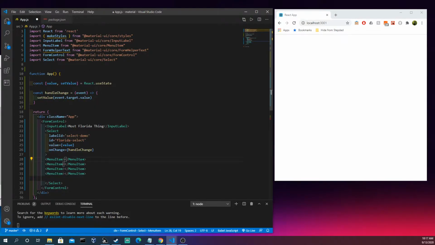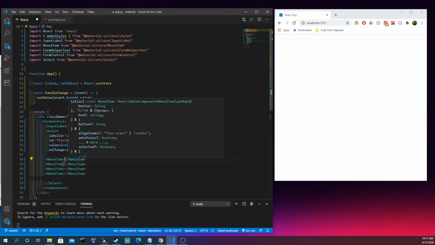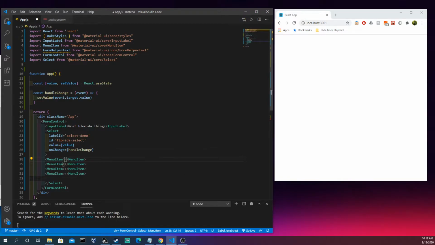And so what we're going to do is put in here some menu items that remind us of the most Florida thing. So from a documentary I saw, I'm going to put down O.J. Simpson,